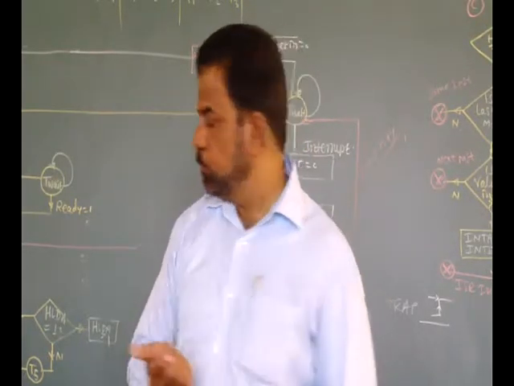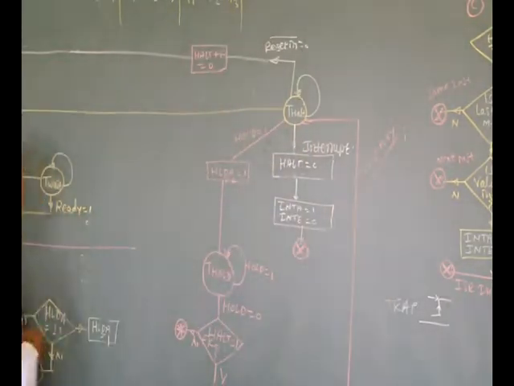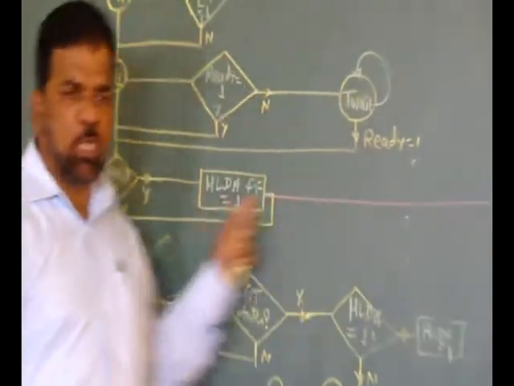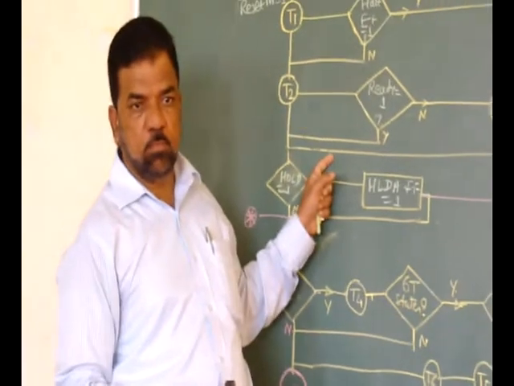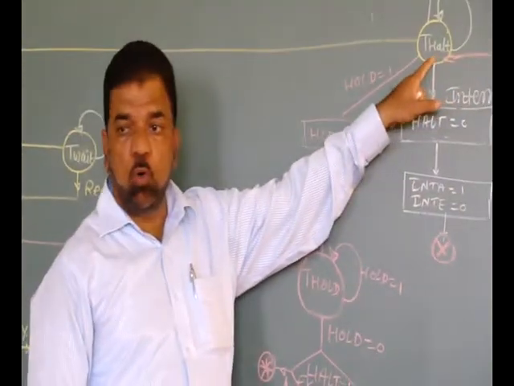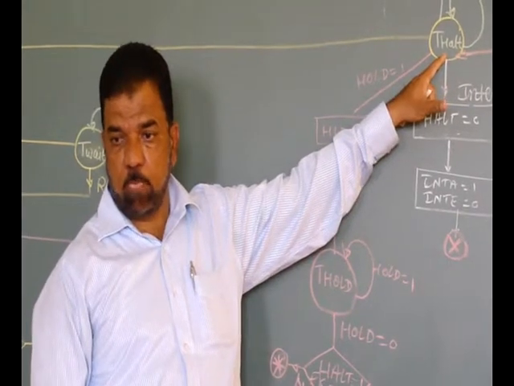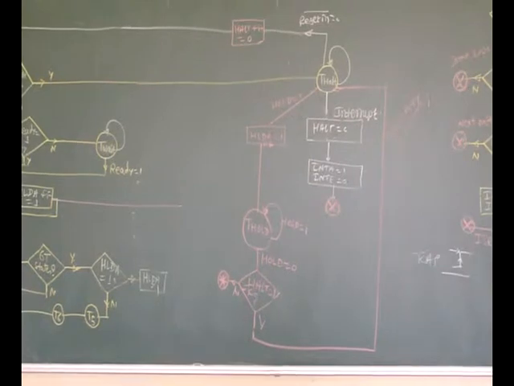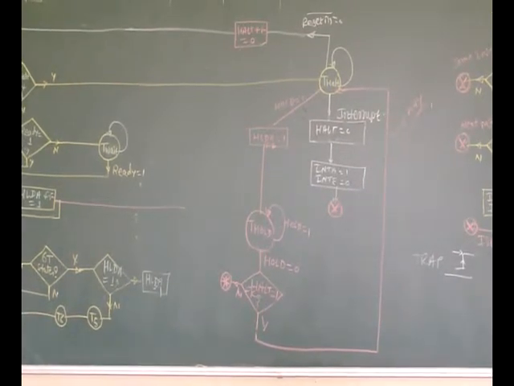Are you getting this one? Sorry, 6 T step. So here it will branch to this. That means this is the normal hold. If it is the hold after hold, then again it will go back to hold state. Okay? So just observe the thing now. Let us check whether the things are over or not.